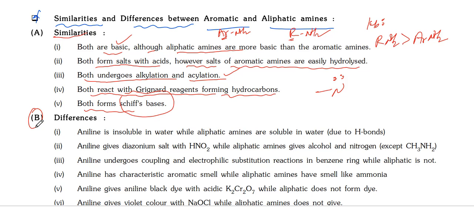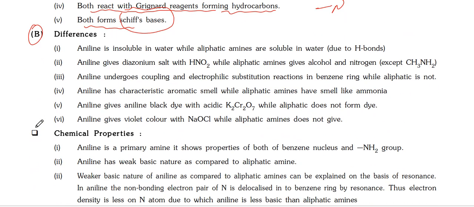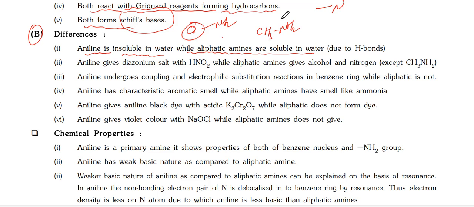अभी डिफरेंस क्या है ये दोनों में? डिफरेंस ये है, aniline is insoluble in water while aliphatic amines are soluble in water. Because in the aniline, bigger benzene ring is there, so obviously benzene is not dissolved in the water. It repels the water, that's why it cannot dissolve in the water. But in case of aliphatic में suppose methyl amine is there, so amine is dominating than the methyl. Amine is a polar nature, so polar compounds can dissolve.